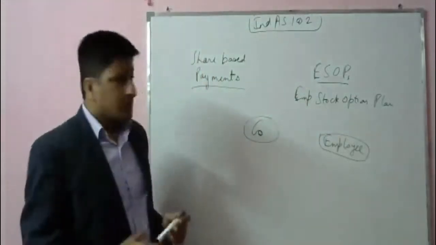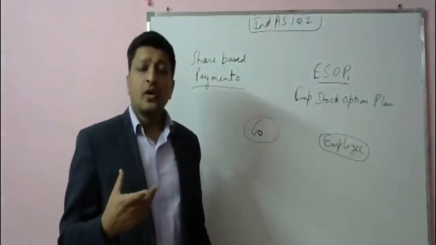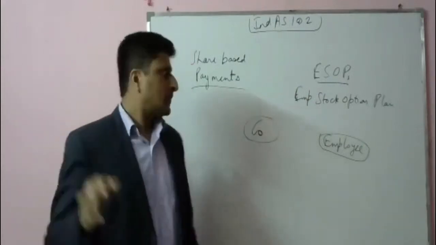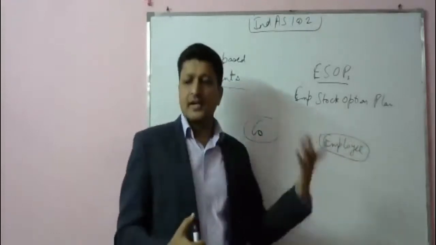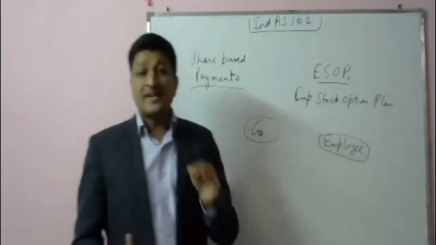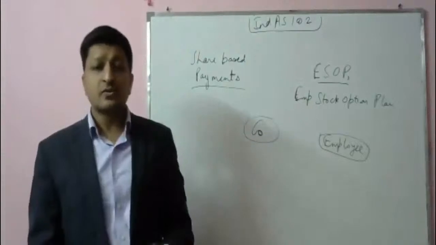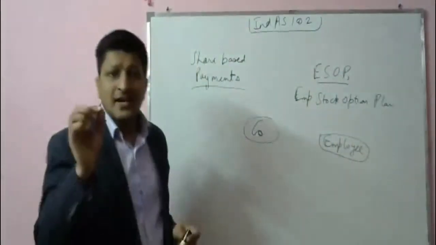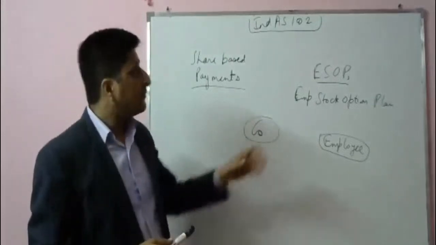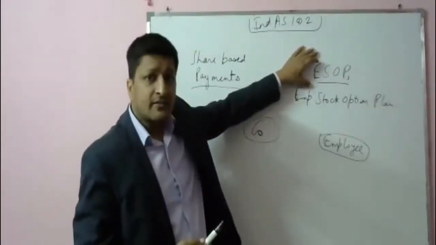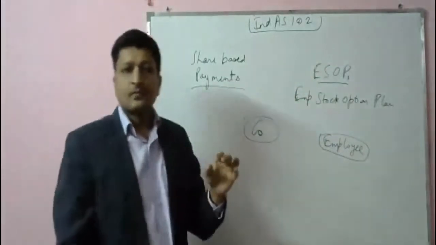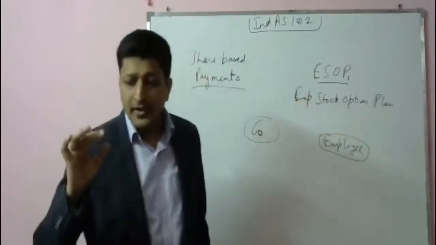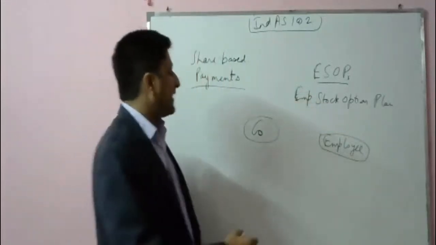Okay. So for this employee to work in a more efficient manner, what do we need? We need to give him some incentive. Because already he's getting salary, he's getting bonuses, everything he's getting. But some incentive needs to be given so that he can increase his productivity. Now, what is that incentive which the company can provide to him? One of the ways to give the incentive is in the form of ESOPs. ESOP means company will now call the employee, have a meeting with him, and will tell him